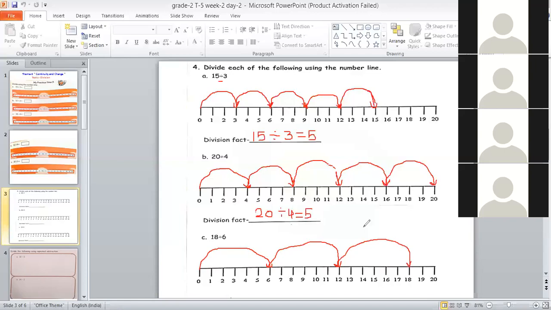Okay. Aryan, tell me how many steps we have taken to reach number 18? 3. Yes, that's correct. We have taken 3 steps to reach number 18. So we'll be writing the division sentence here as